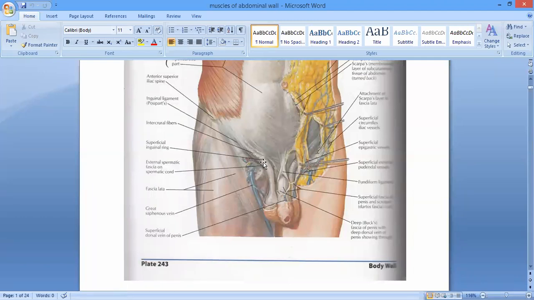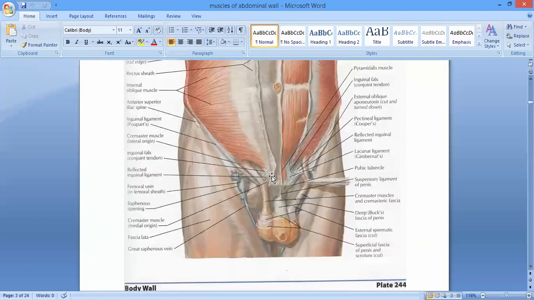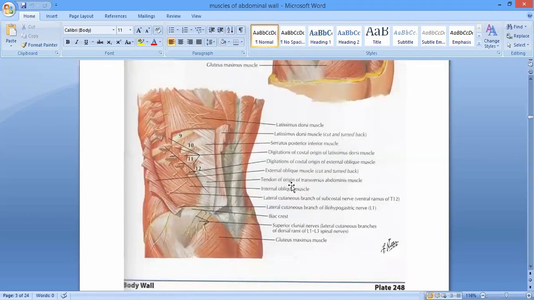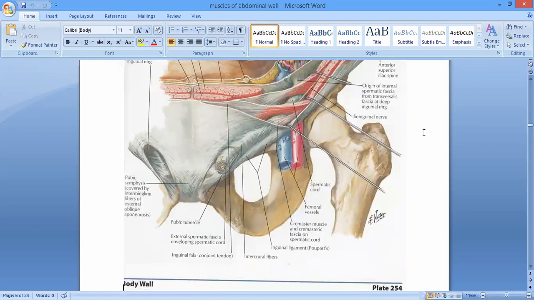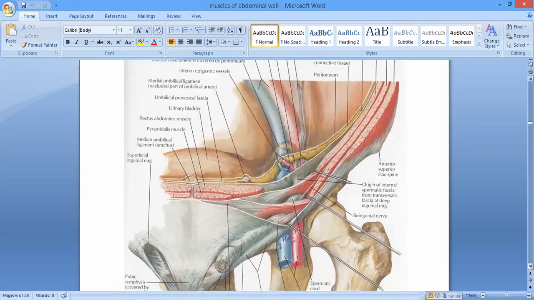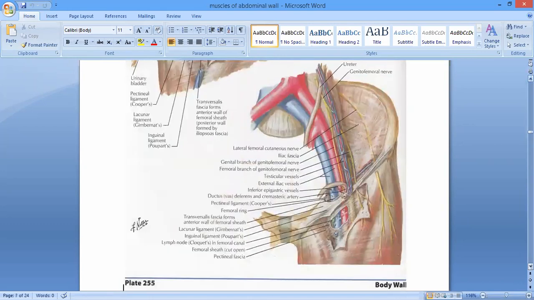ठीक है जी? Okay. Now, this is the inguinal ligament, ये आ रहा है ना? So the medial margin of the inguinal ligament. एक जगह आपको दिखाता हूँ. थोड़ा सा concentrate कीजिएगा बच्चे यहाँ पे, ठीक है? Here you see the attachment of the inguinal ligament. Some fibers from the medial end of the inguinal ligament travel upwards and backwards,